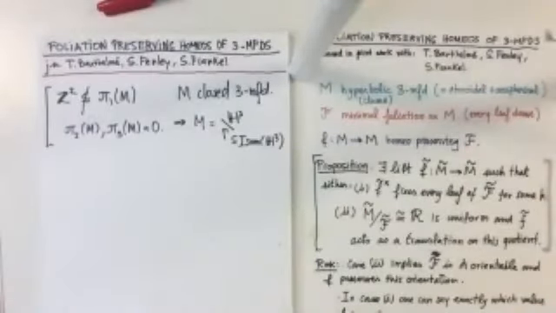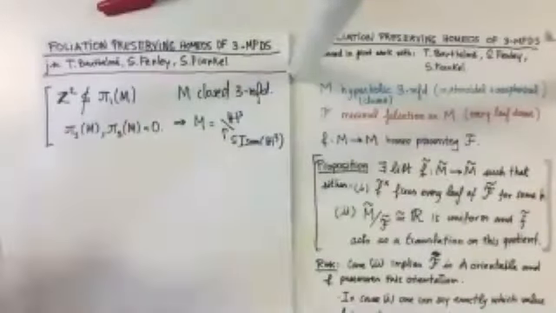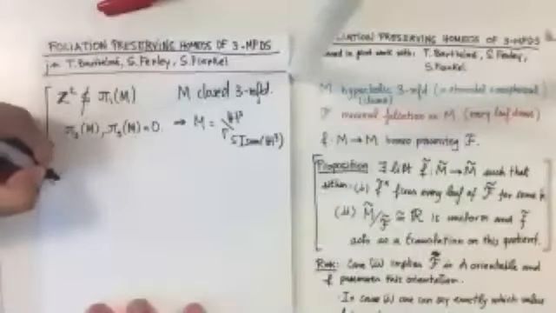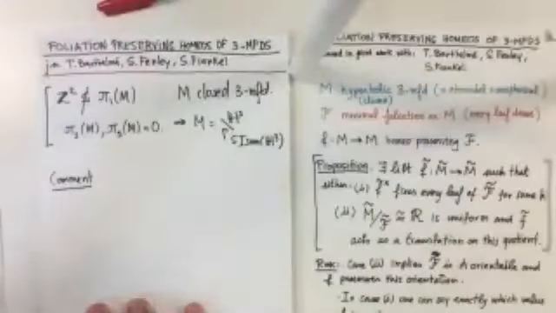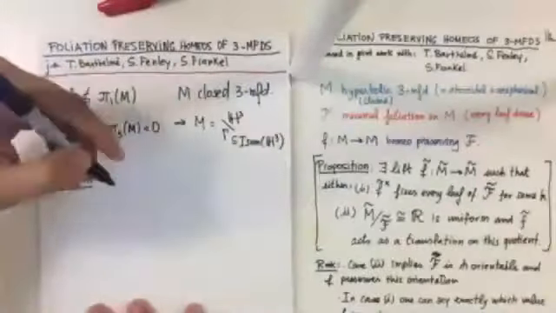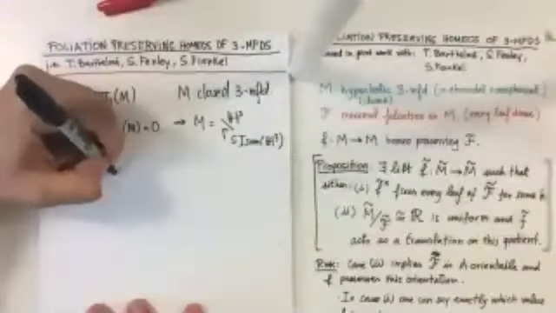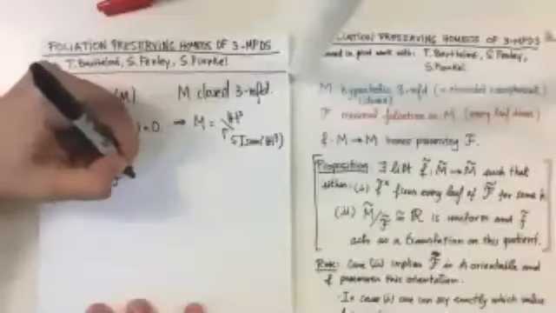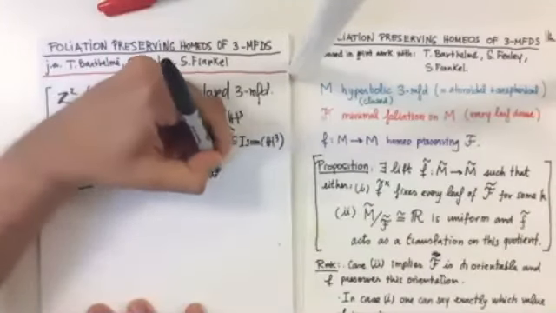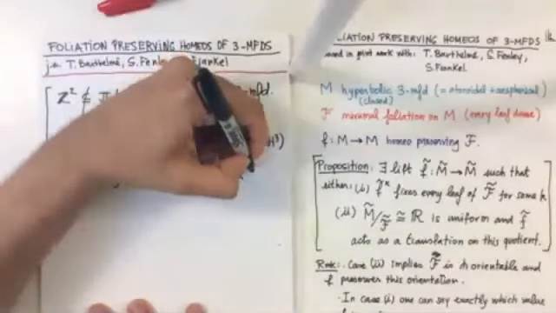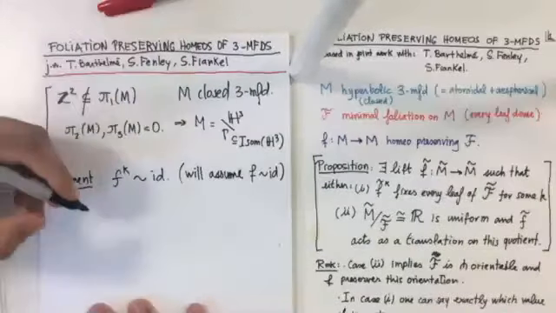And okay, so let me say some words so that this statement is clear. So the first comment. This result holds in more generality. I will stick to this case here, and one of the crucial things of working in a hyperbolic manifold is that F to the K for some K is homotopic to the identity. So I will assume F homotopic to the identity, and this means that I can choose a lift.